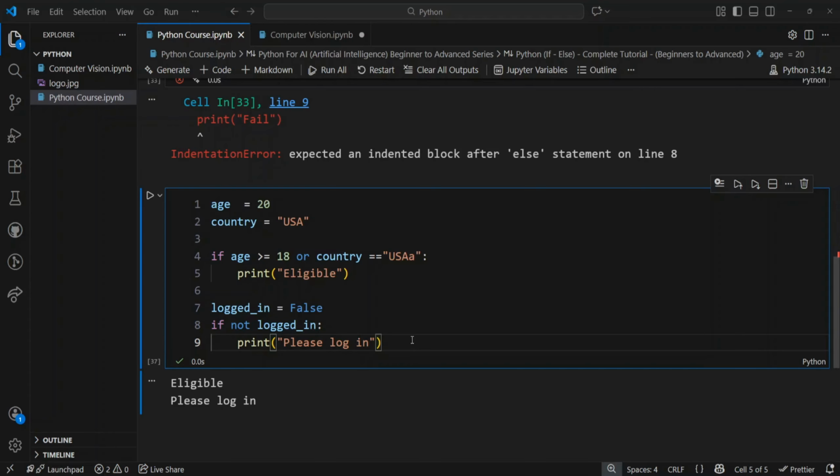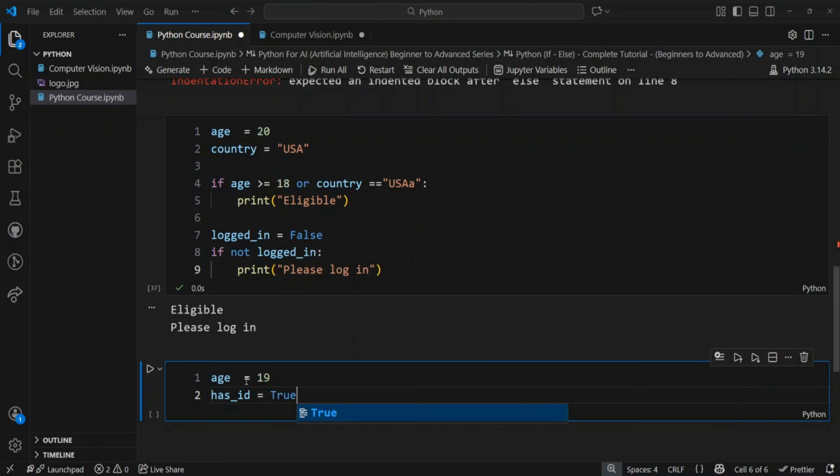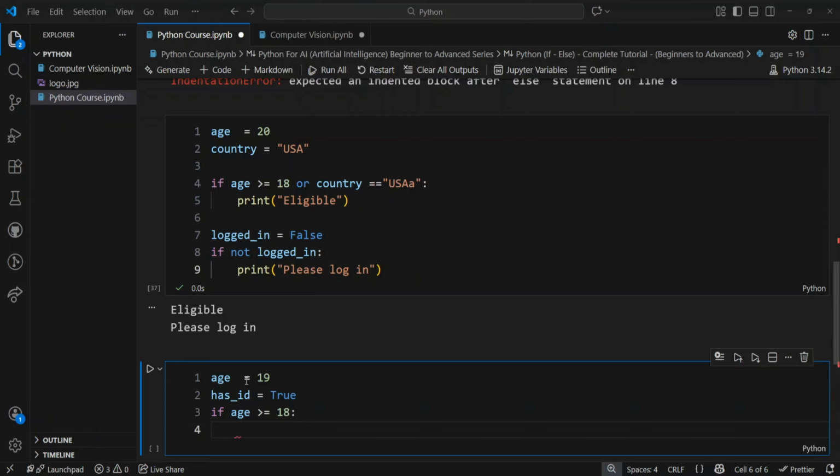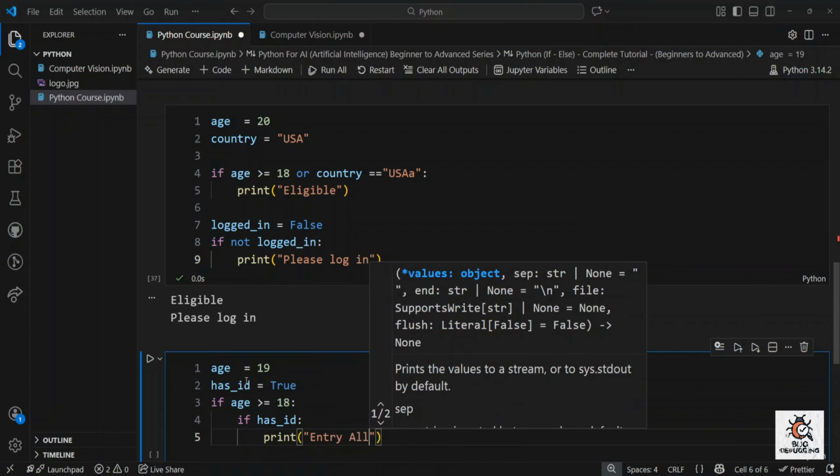We can also place an if statement inside another if, and that is called a nested if statement. Let's try an example. Let's say age equals 19 and has_id equals True. Now if age is greater than or equal to 18, then inside the if statement we will use another if statement. If has_id, print entry allowed,